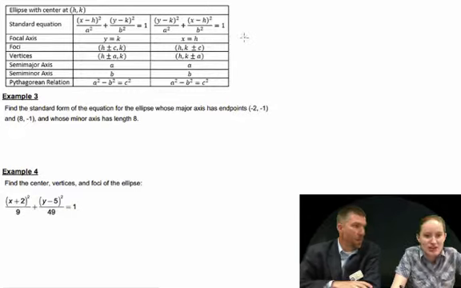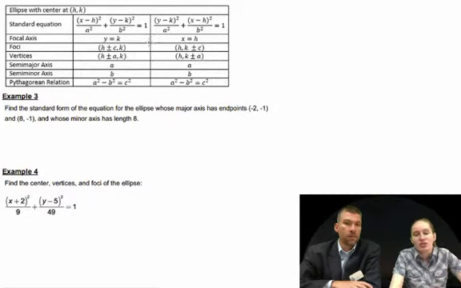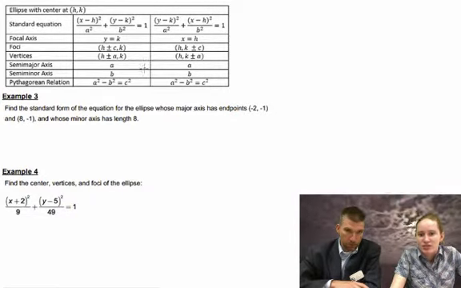It's the opposite sign. So we're going to use this, and again, the only difference between these is which is the bigger number. Is it under x or is it underneath y? So the same rules apply as what we did on the first slide. Find the standard form of the equation for the ellipse whose major axis has endpoints (-2, -1) and